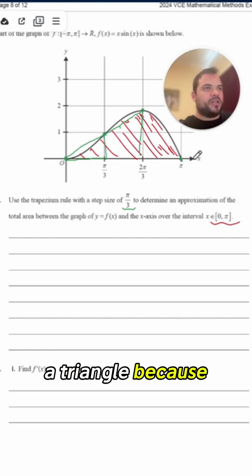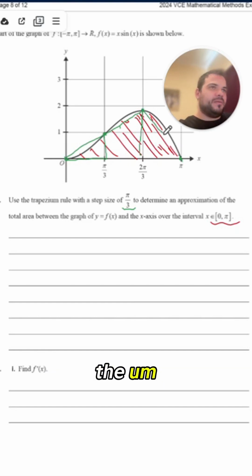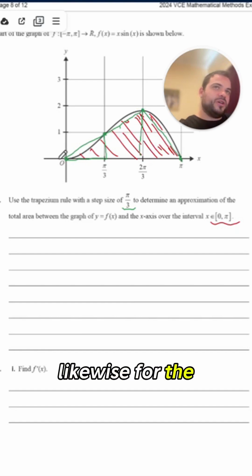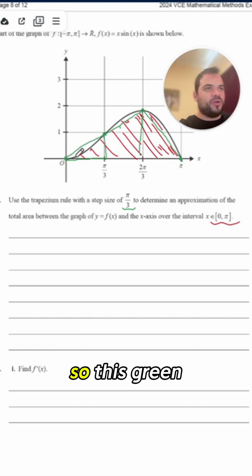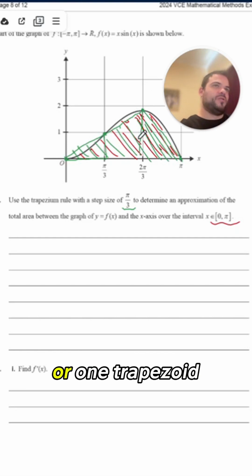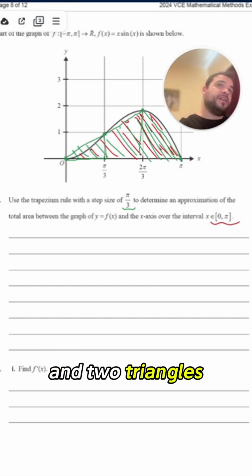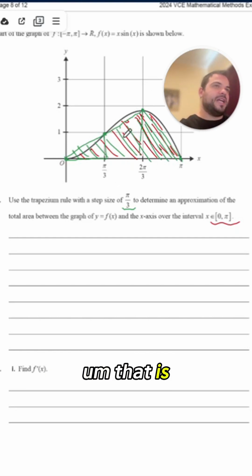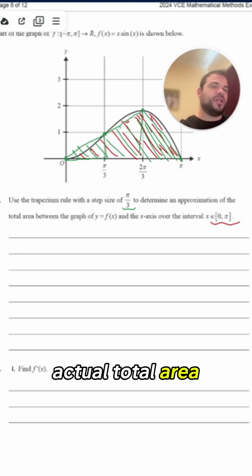It's a triangle because the value of the endpoint at the other side is 0. Likewise for the first trapezium. So this green shaded area, which is the total area of these 3 trapeziums, or one trapezium and 2 triangles, is an approximation of the red shaded area, which is the actual total area between the graph and the